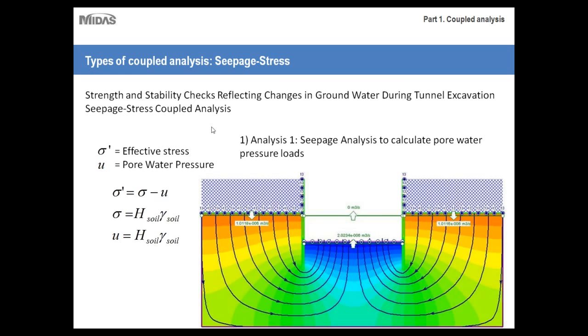Okay, and here's another example of our coupled analysis. This would be a seepage stress analysis. Essentially, a seepage stress analysis is first a seepage analysis to analyze the effects of pore water pressure, followed by a stress analysis to analyze the effects of that pore water pressure. This time, instead of a slope, it would be, in this case, an embankment, a retaining wall, a pile foundation, those sorts